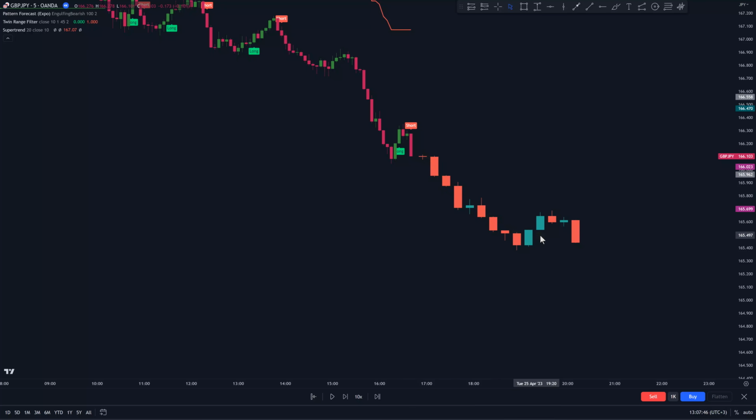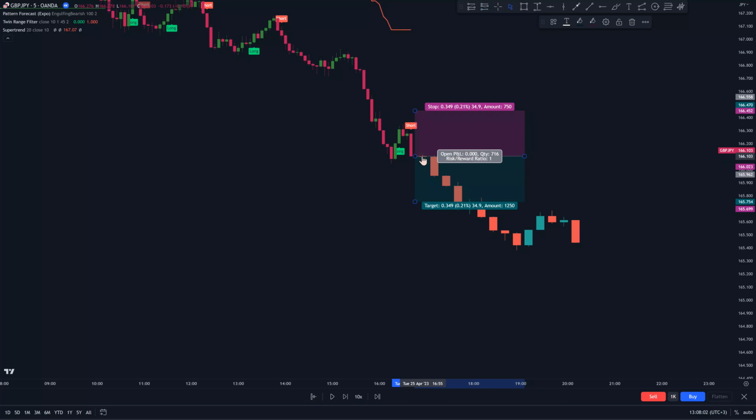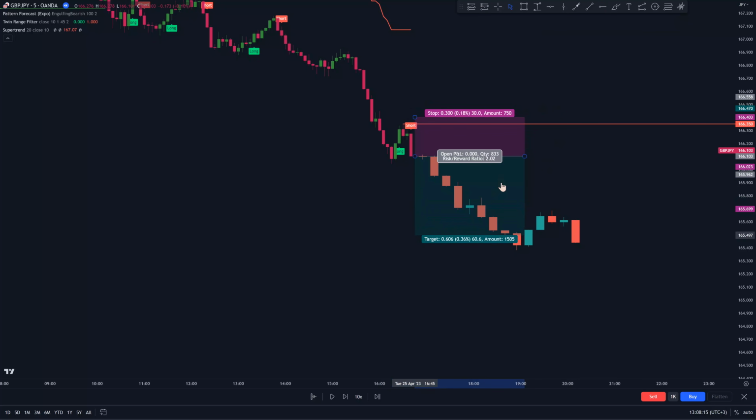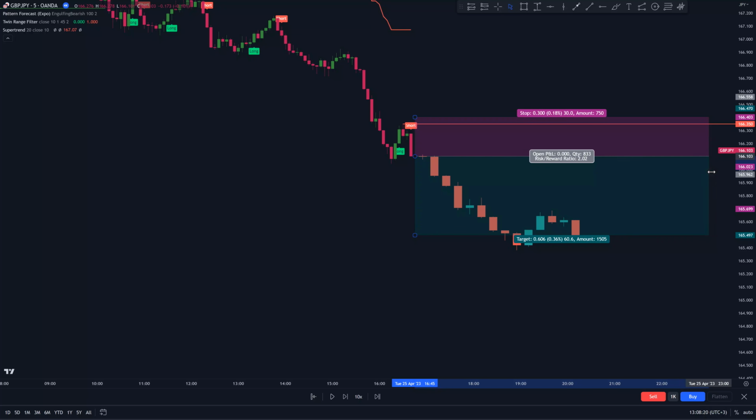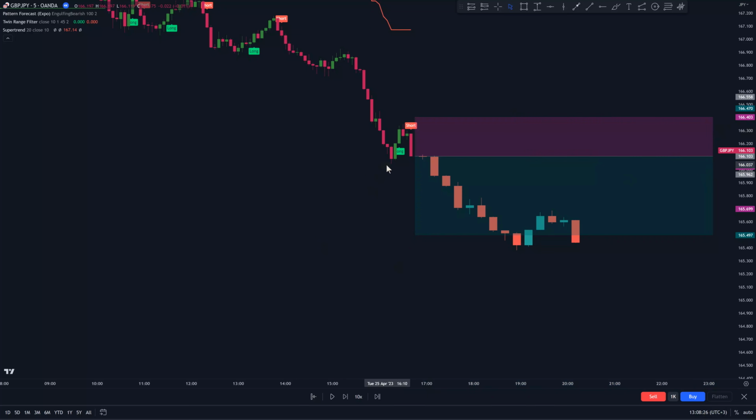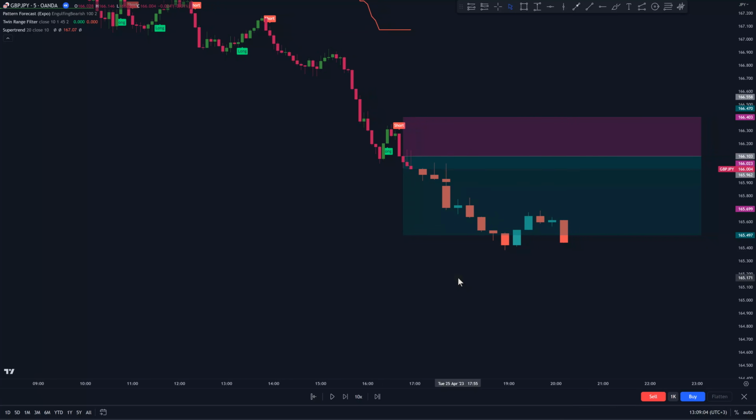To confirm that, we just take the short position tool and place it on the open of the first predicted candle. The stop loss is going to be set above the most recent swing high. For the take profit, we're going to set it at 2 times the risk for a risk-reward ratio of 1:2. Taking a look at this, we can clearly see that this indicator is predicting that in the future, the price will definitely go beyond our take profit without touching the stop loss, making this a valid trade setup. We let it run